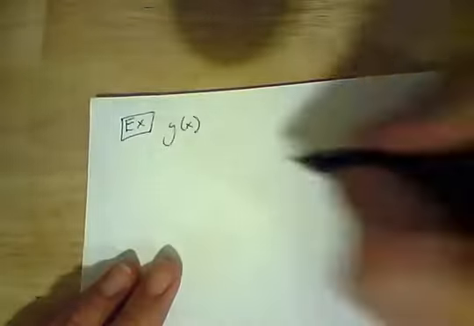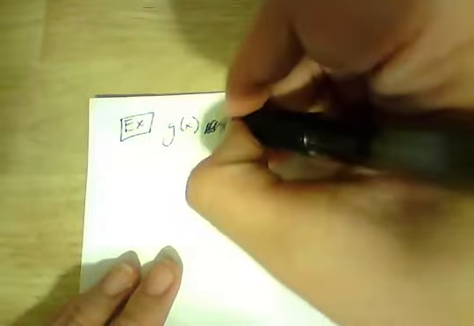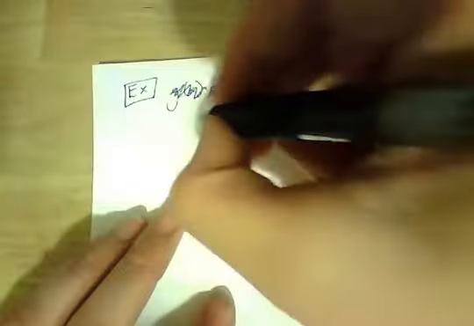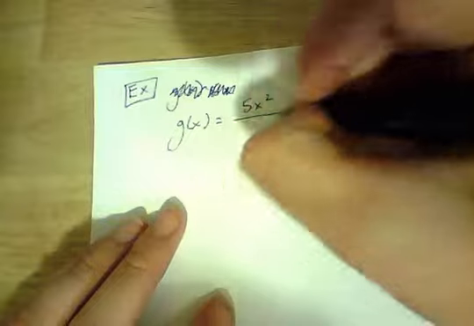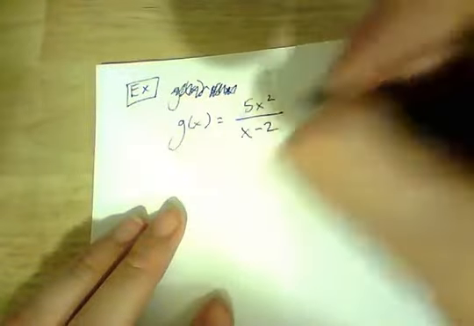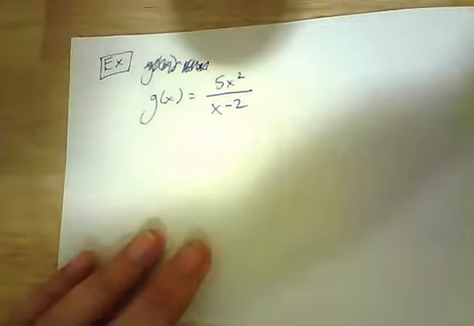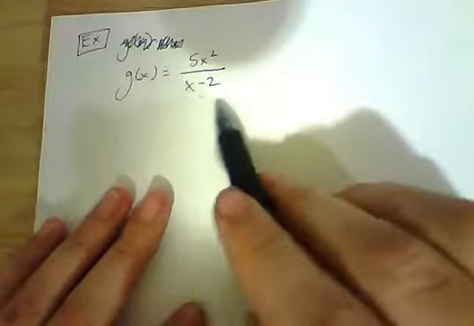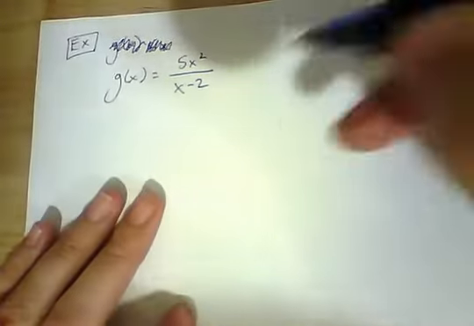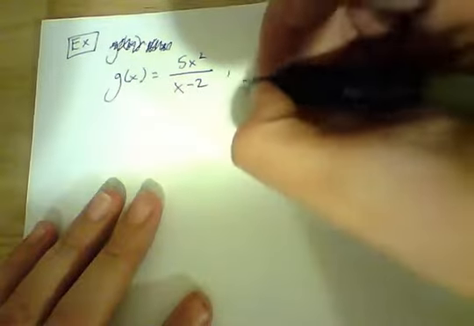So say that we had the function g of x, and we're still finding asymptotes. Let's start that over. g of x equals 5x squared all over x minus 2. Again, remember, set the bottom equal to 0. Here we can just do mental math. If we set this equal to 0, we'd have to add 2. So we know when x would equal 2,